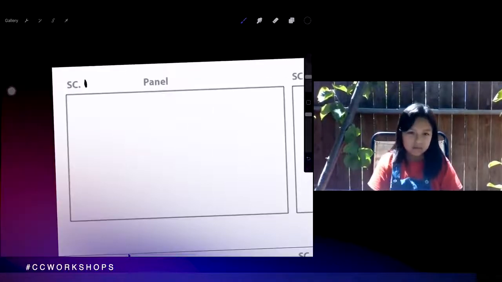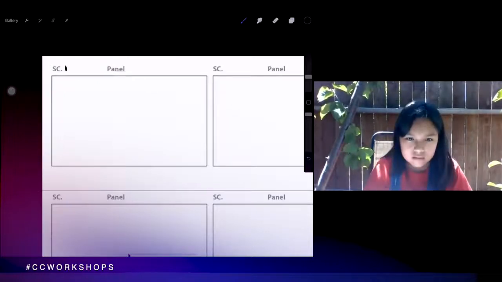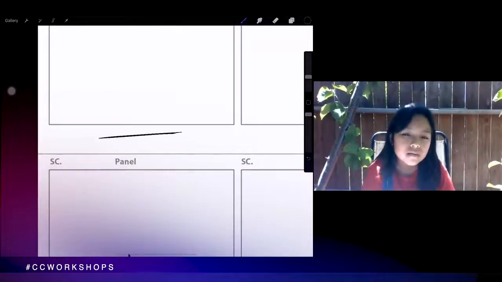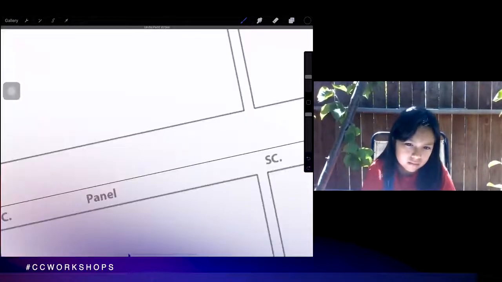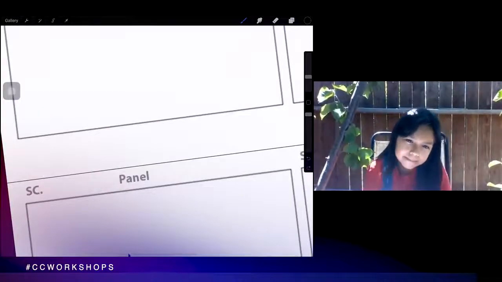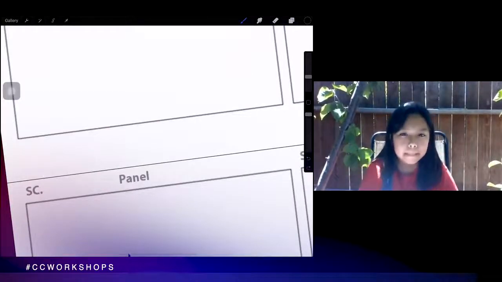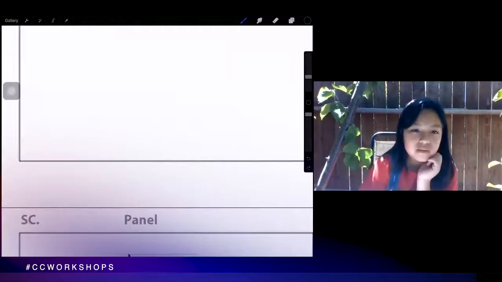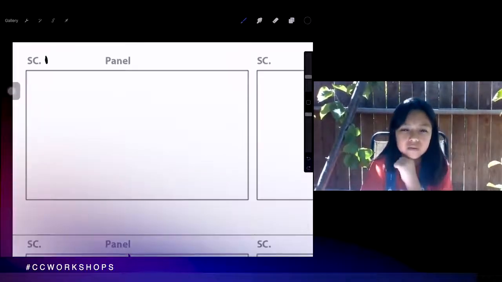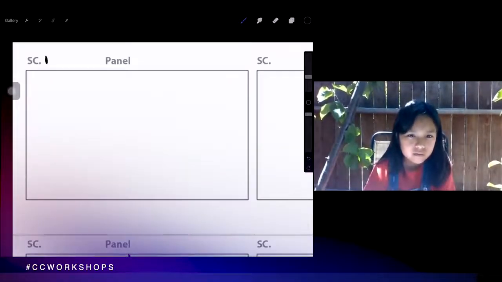Scene 1. Now, at the bottom here, you want to write like descriptions of what's going on. Okay? Like establishing shot, whatnot. So now, first, we're going to have establishing shot. How does this story begin? David running to school, being late to school. So it's going to begin in school, right? Running on the sidewalk, yeah.